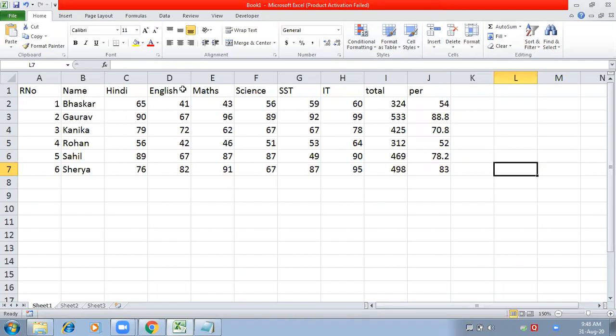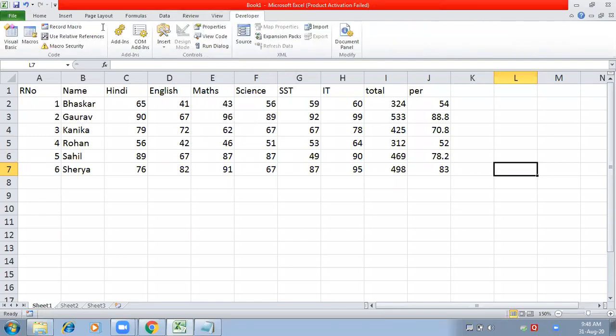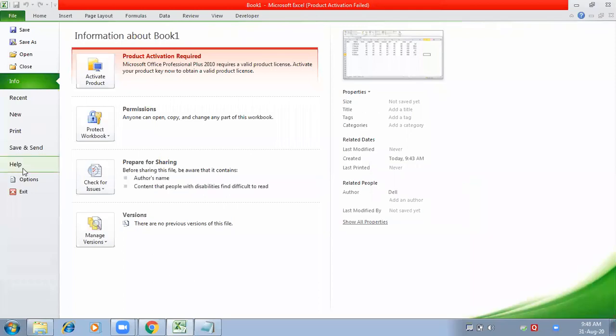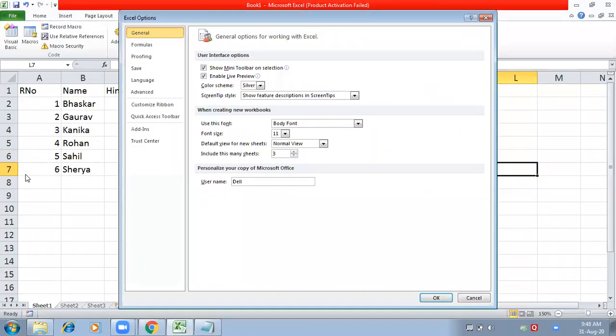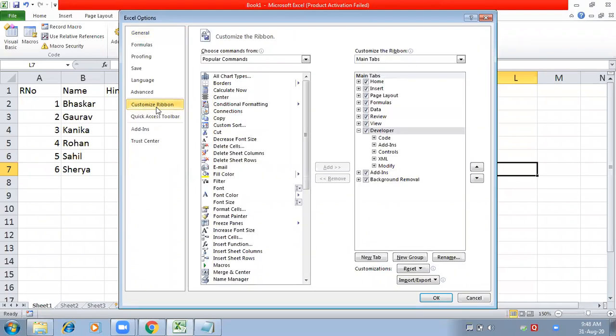So how to start the macros, how to do the recording of a macro, first of all, so that we will start. Sometimes you will not be able to see the developer tab in your MS Excel. Then you have to go to File first, then go to Options, then go to Customize Ribbon, and there is an option of Developer.